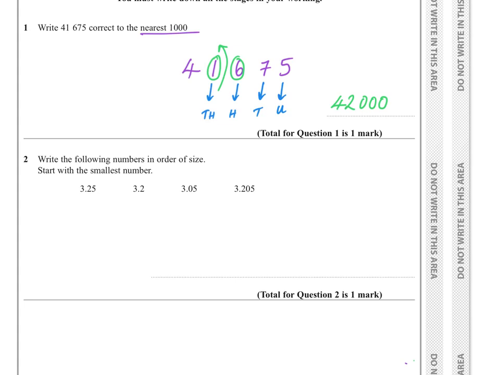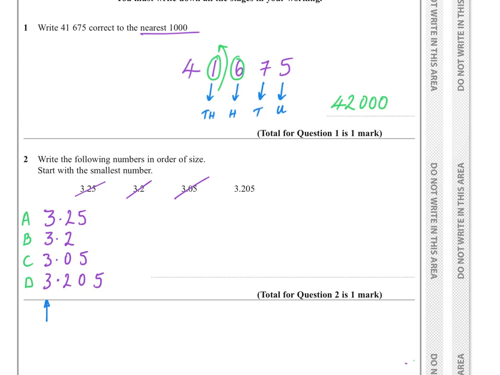Well, one way I do this is if you write all the decimals underneath each other, keeping the place value, i.e. keeping the columns, the decimal point in the same place. I would label these A, B, C and D,